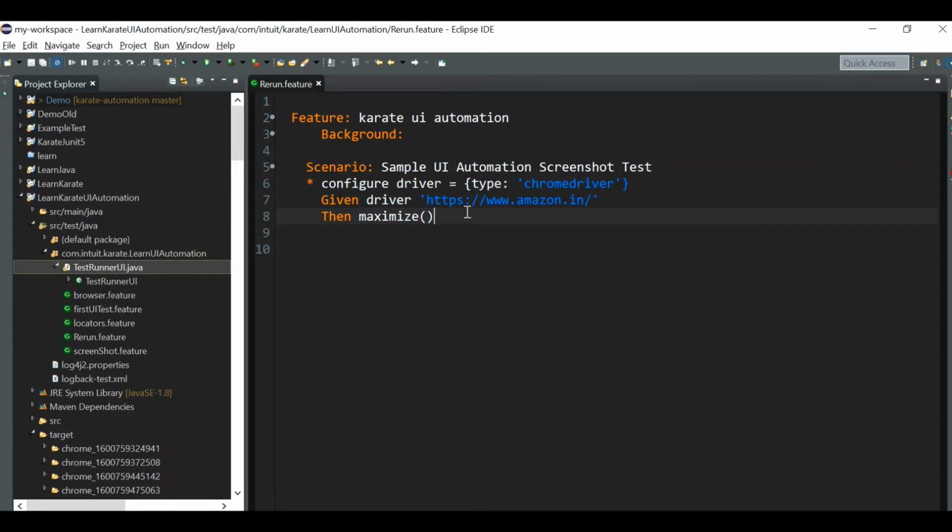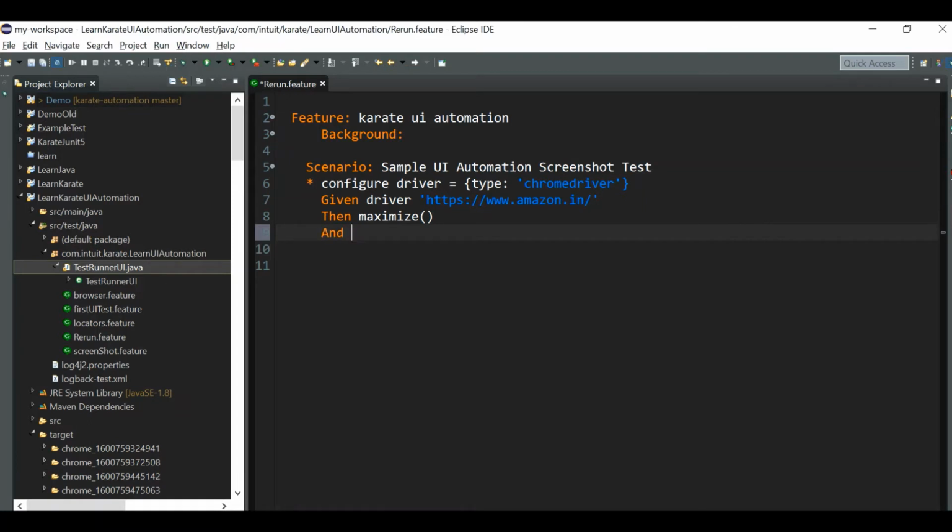Now what is our aim? The test should fail and we should rerun our feature file. So to make the test fail, I have to do something in our test. What I will do is wait for a particular web element which is not available in the web page, so the test should of course fail. This is the same example that I used in the how to take screenshot on failures video in the Karate UI automation series. So for those who have not watched it, or who are only watching the Karate API videos, I'm just explaining it one more time.